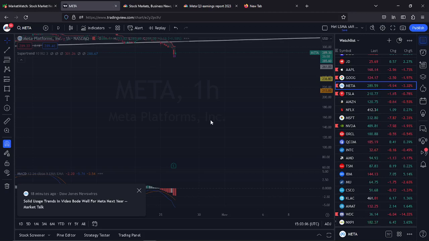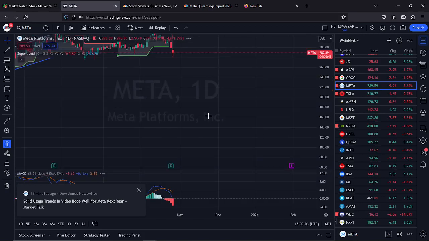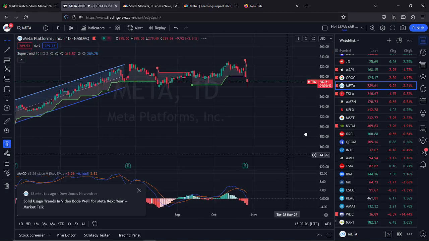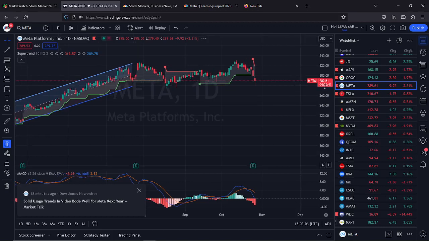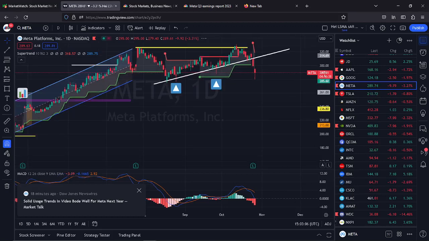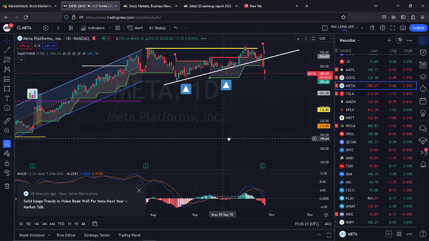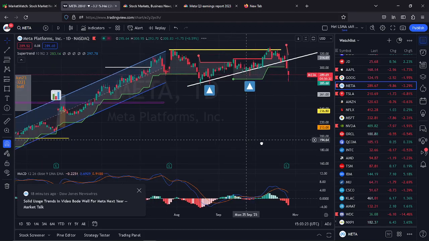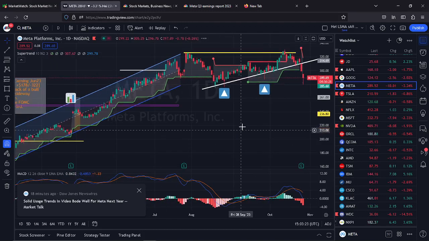But nowadays beating expectations is a given. Sometimes it depends on how much you beat expectations too. But more so than beating expectations is the guidance and all that. And that will be the key. So how do I look up why people sell it, buy it?